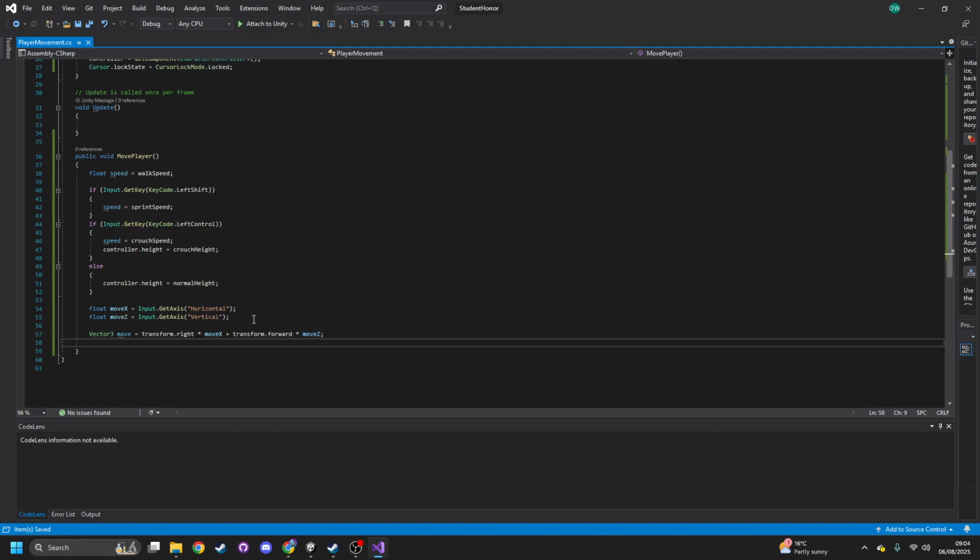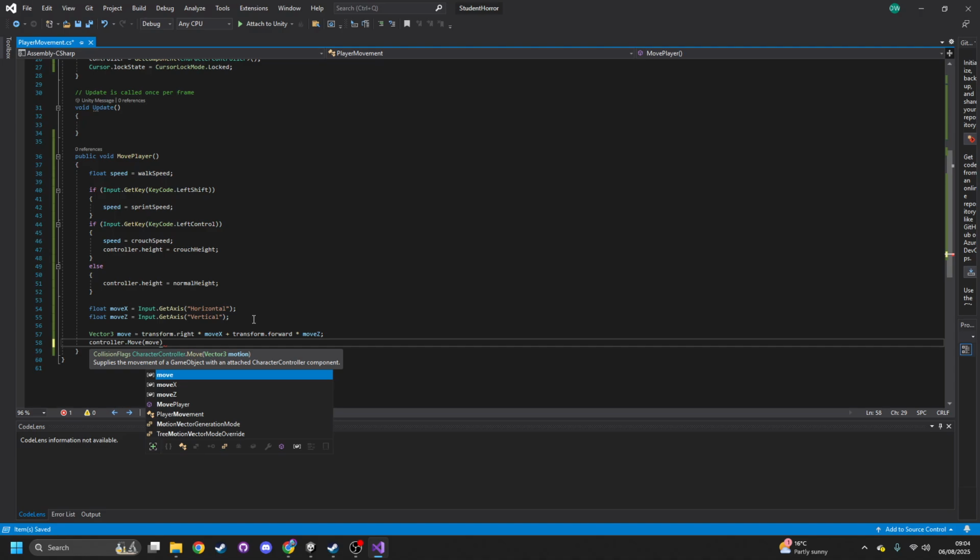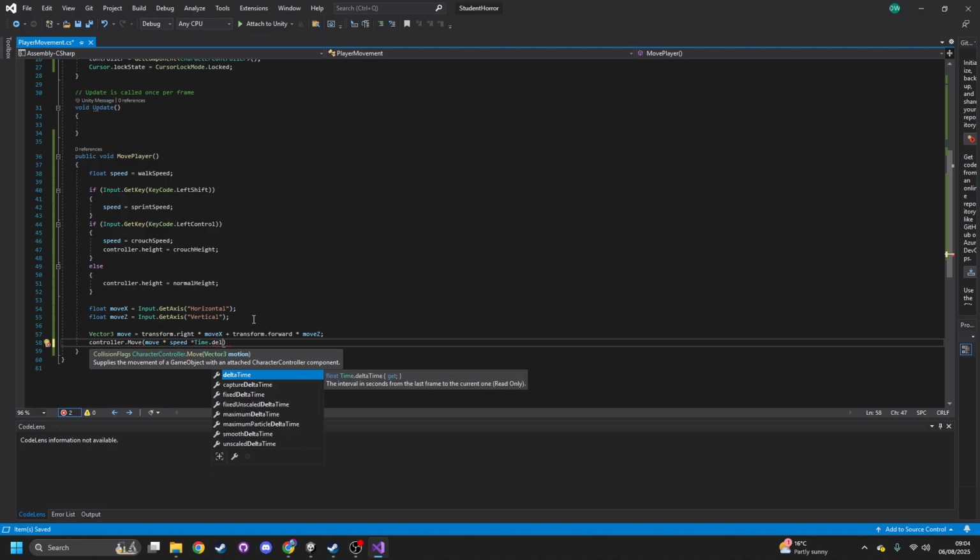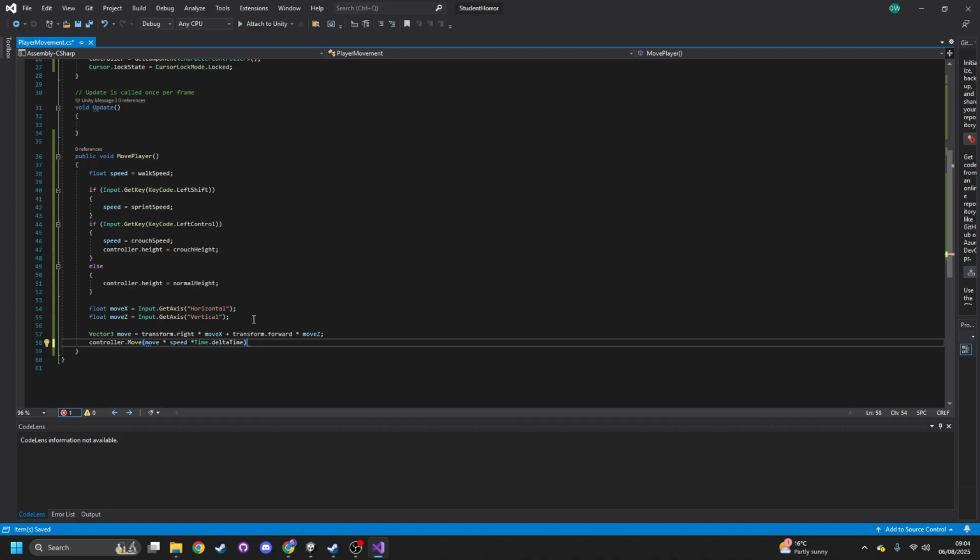And all we're doing there is getting all the information we need, using our axes, getting when the player is moving and relating it. The best way to relate it is controller.Move(move), and we want to times it by the speed, so we're setting that when we're crouching and running and just walking as normal. And then we have to times it by Time.deltaTime, and that's basically because we need to get